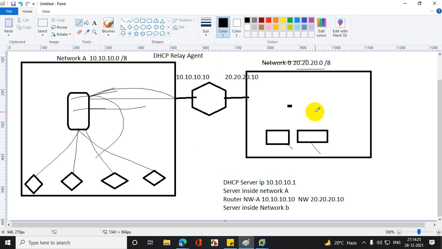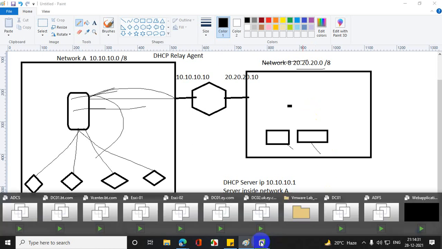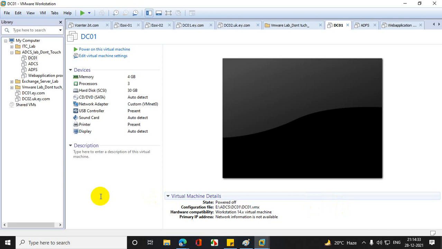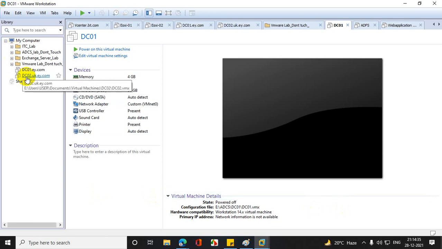Clear? So let's go and prepare the infrastructure and then see how much we can perform in this practical. Meanwhile, guys, if you have any question, please ask in English. I will clear your doubts.